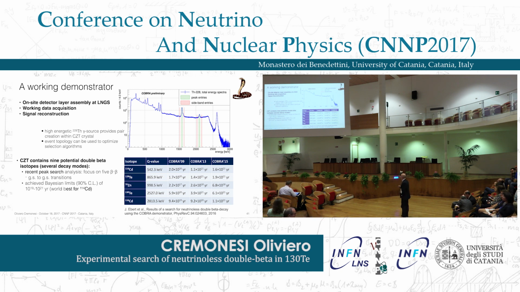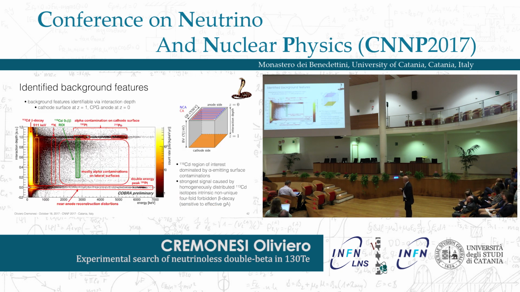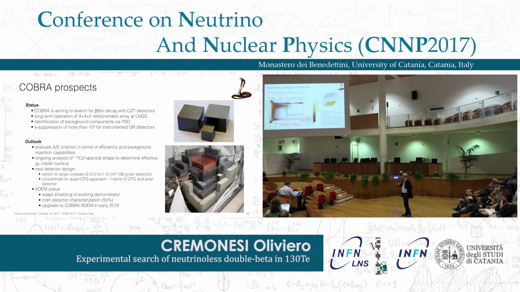They already published some results, but my message is that they demonstrated that the technique can work both from the point of view of the resolution and of the discrimination. This is actually a step behind with respect to the first approach, which was based on pixelized detectors. So now they do not have real topological information, but they have in any case information on the location of the decay, and so they can, let me say, cancel the contribution coming from alpha. So let's see what's going on. They are now preparing a new setup, which will be working at Gran Sasso in the next years.